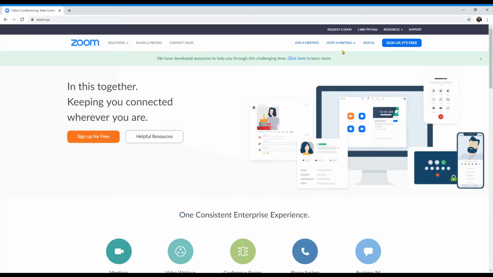Now, when you go to the Zoom website, you'll notice a lot of different options. Join a meeting, host a meeting, sign in, sign up. It's free. So if you want to host a meeting, that's typically if you already have an account, you would most likely want to sign in first. But let's just talk about this option, the sign up it's free option. So you can actually sign up anytime at Zoom with multiple email addresses or just with one, whichever one is